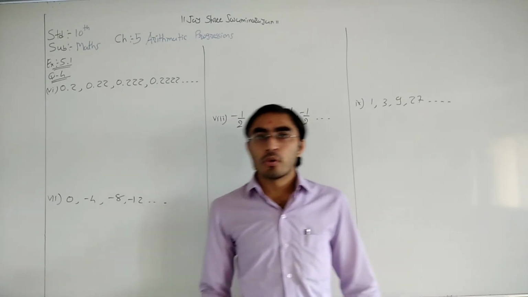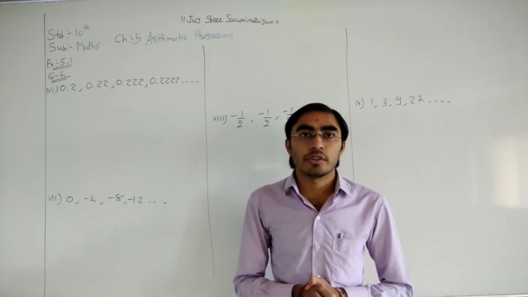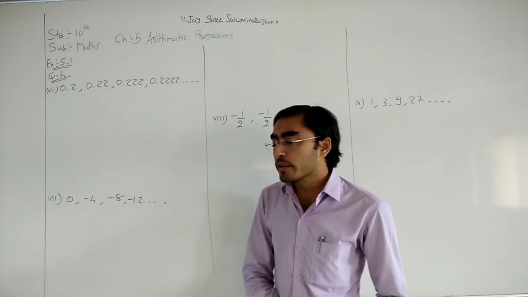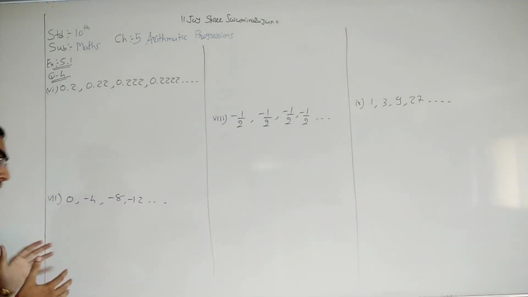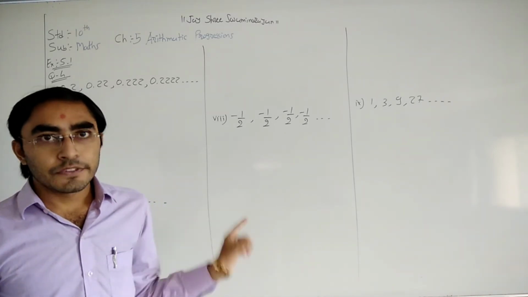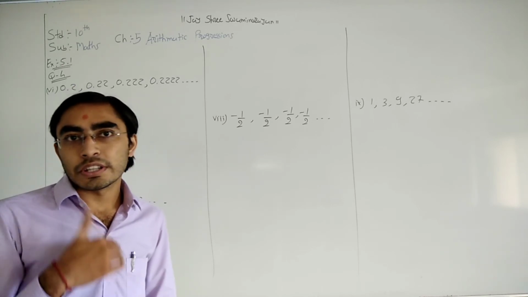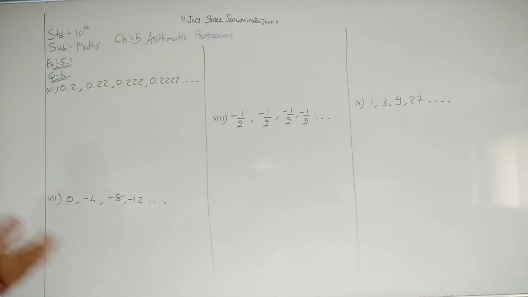In the previous video, we learned up to question number 4, internal equation 1 to 5. So now let's move forward. Question number 6. Here the original question is: check whether this is an AP or not. If this is an AP, then find the common difference D and find 3 more terms. So first of all we need to check whether this is an AP or not.